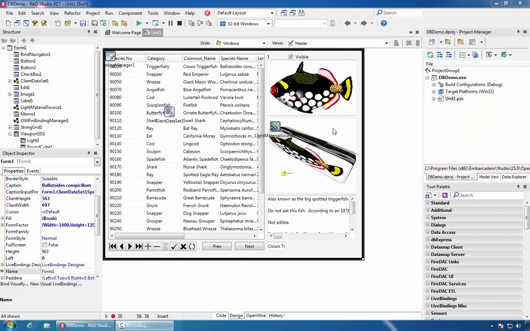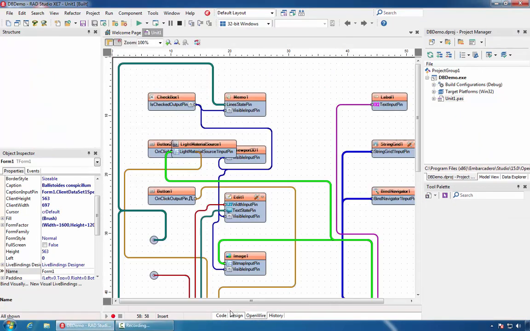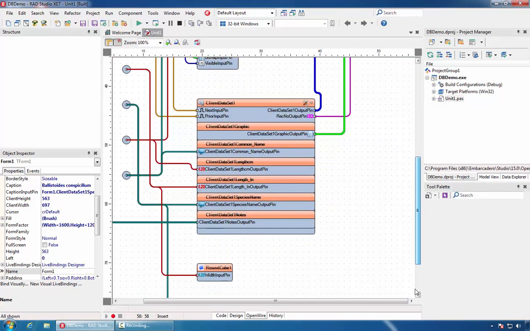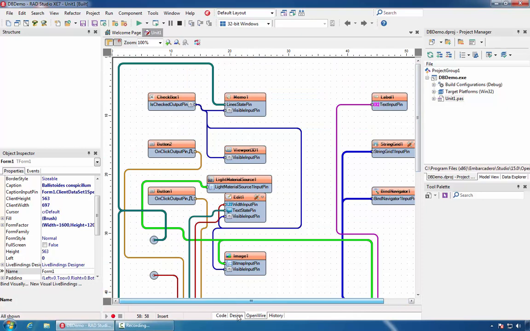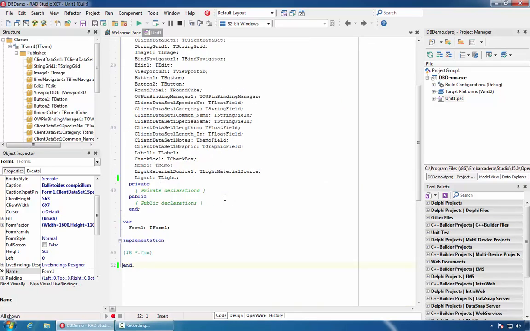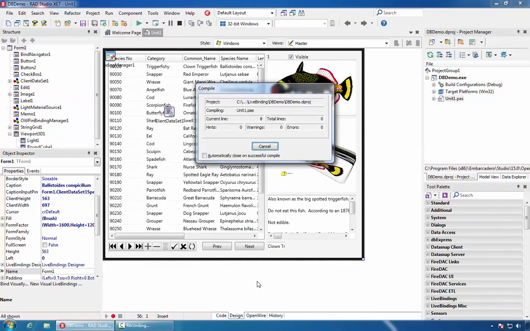A look at a visual live binding demo for database applications. In this case we have database component connected with a variety of other components, and this application contains 0 lines of code. Let's run the application.